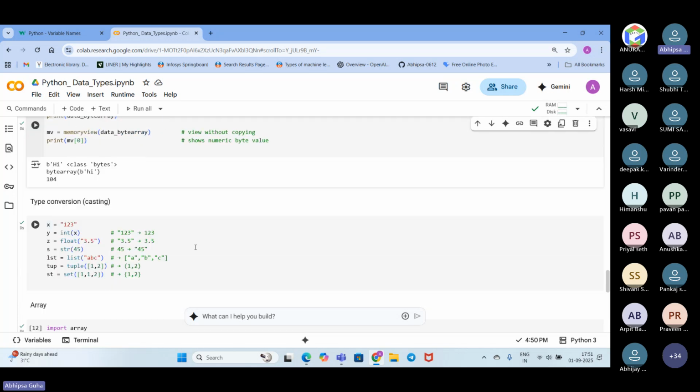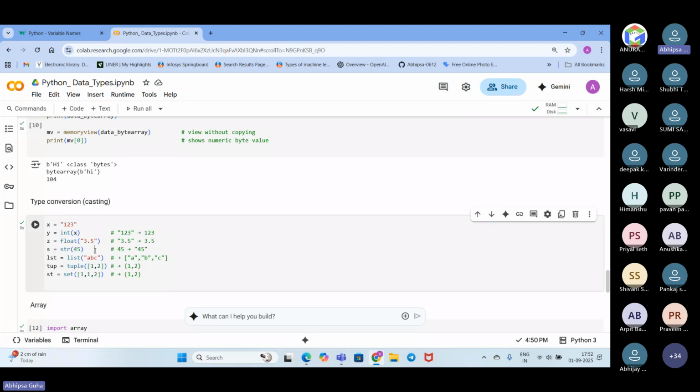And as you know, type conversion is very important here. We want to convert any value into integer type, or any value into float type. Numbers can also be converted into string, which then acts as a text format, not a numerical value. In this text format, we won't be able to do any mathematical operation. Similarly, we want to put it in a list, so it will separate the values and put them in the list, and in a tuple also.